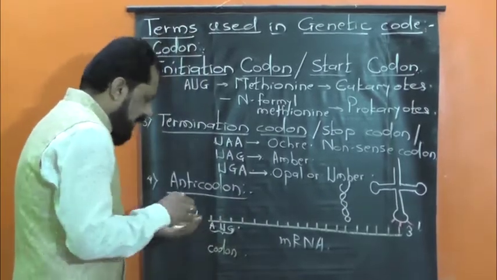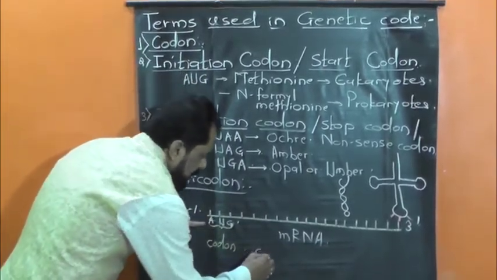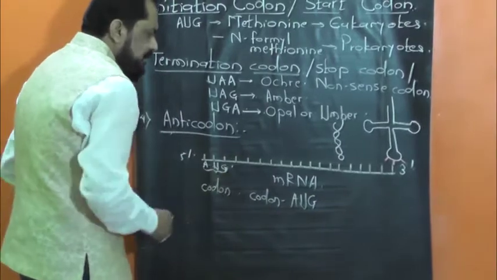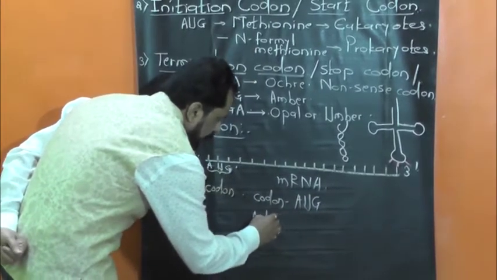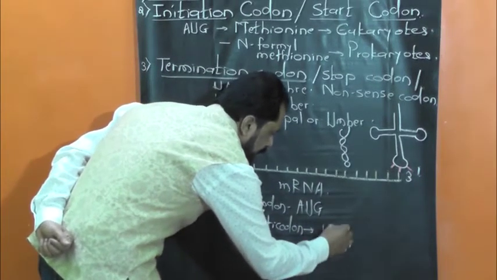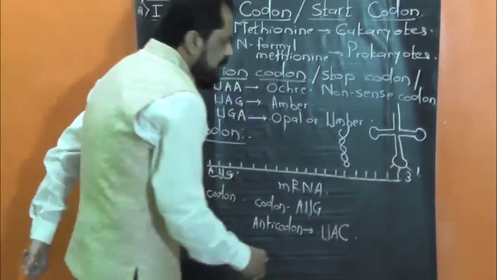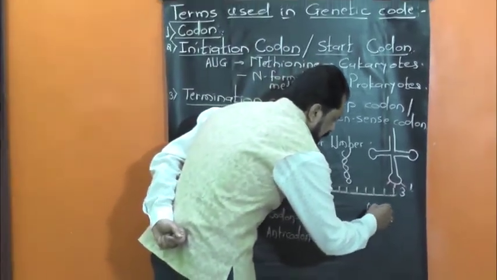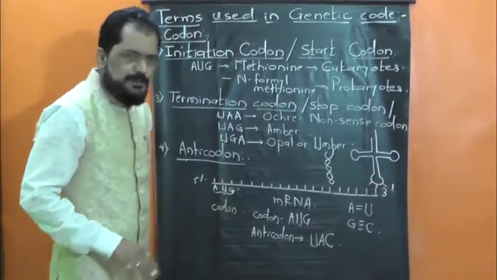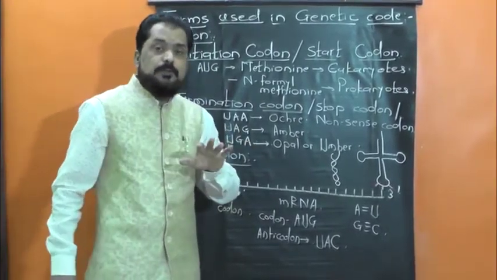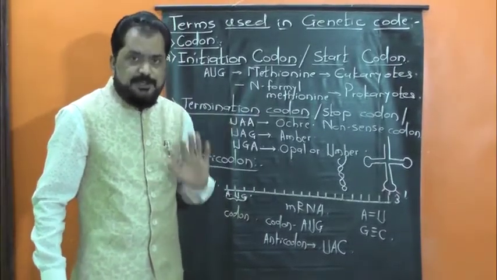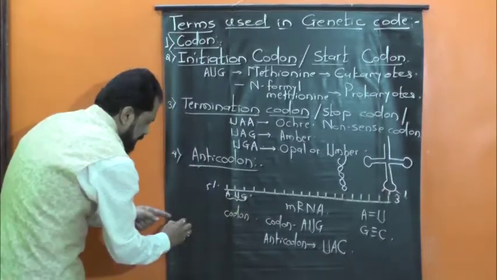म्हणजे समजा on messenger RNA the codon is AUG. So the anticodon of this AUG codon is of course complementary to it, that is UAC, because we know the complementary nitrogen bases are A, U, G, C. So these anticodons play a very important role at the time of protein synthesis, about which we shall discuss in the next topic, that is translation. One more term, last term, codogen.